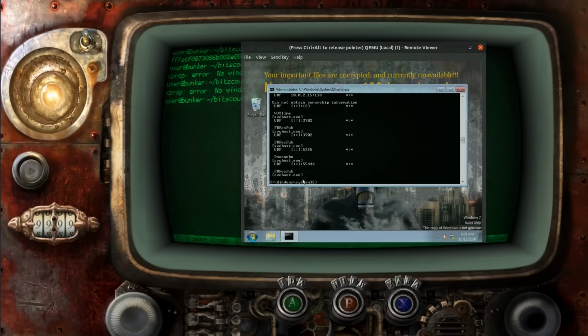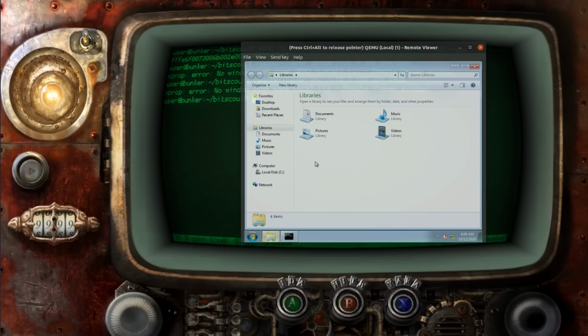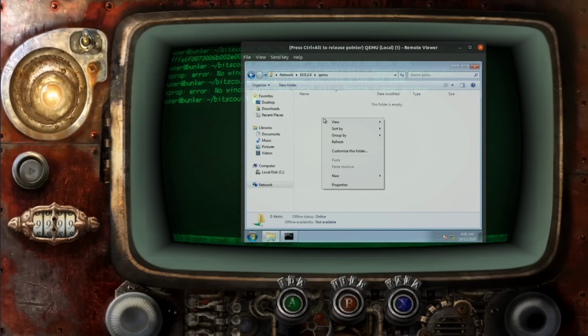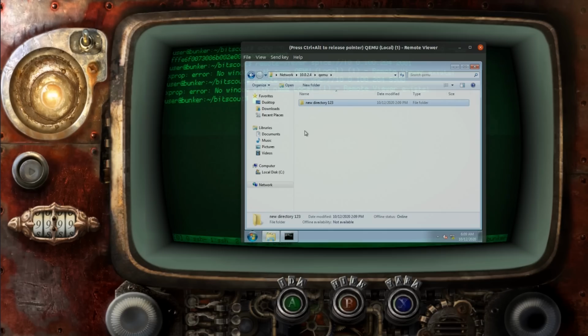Let me show you how you can copy tools here. Just open the Explorer and you can go to the network share that we previously started on BitScout container. So if you remember, this address we used for the network share server, and there is a QEMU directory which can be used to exchange files back and forth. Of course, you can place your Windows tools here. For now, I'm just going to show you the proof of concept: let's say, new directory 123. We just created a directory. I'm going to show you that it is immediately created on